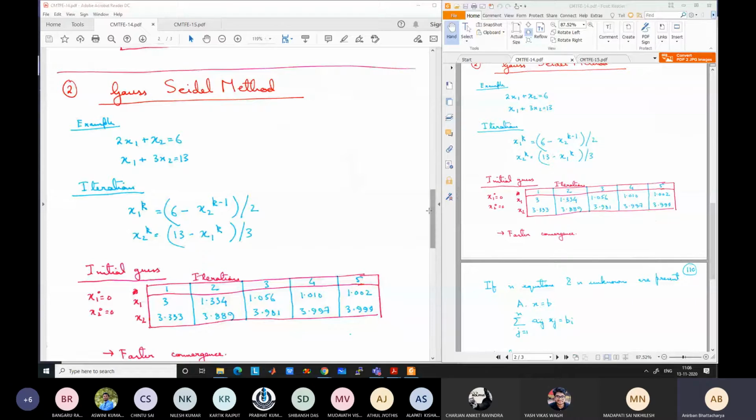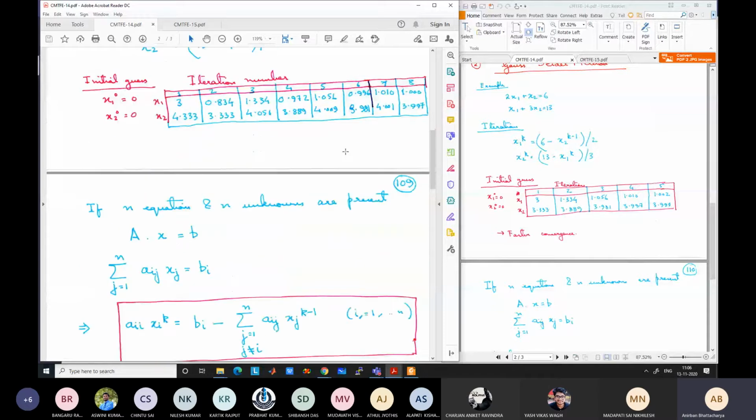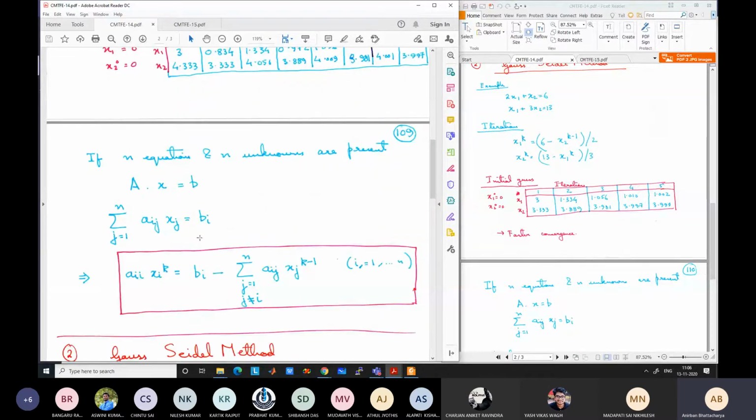The first one that we have seen is known as the Jacobi method. It is a very basic method. Say you have a set of n equations. From each of the equations, one of the unknown variables can be defined in terms of all the other unknown variables from the previous iteration. Because all the previous iteration values will be known, we can calculate the new value of the unknown variable. So each equation gives the new value of one unknown variable.